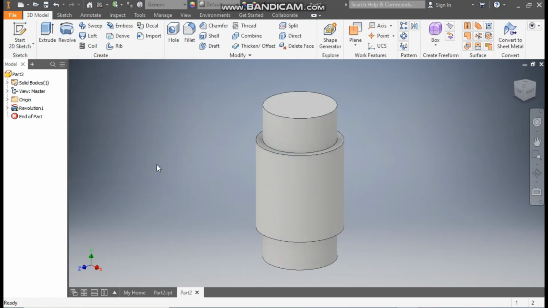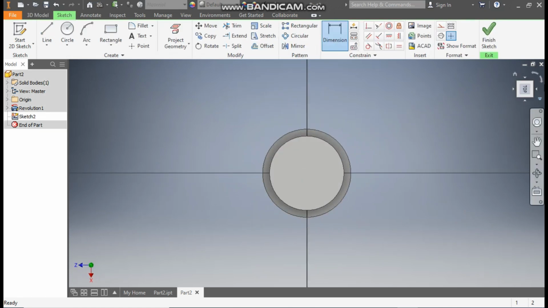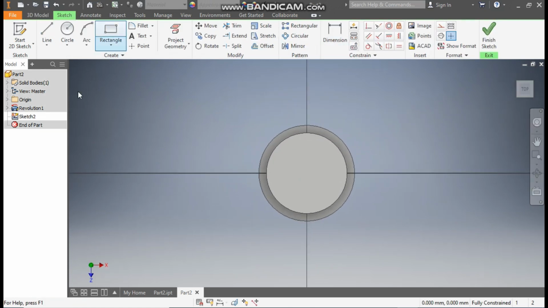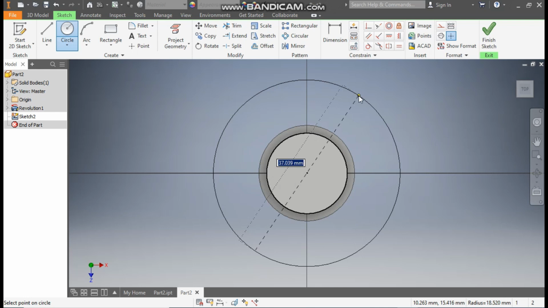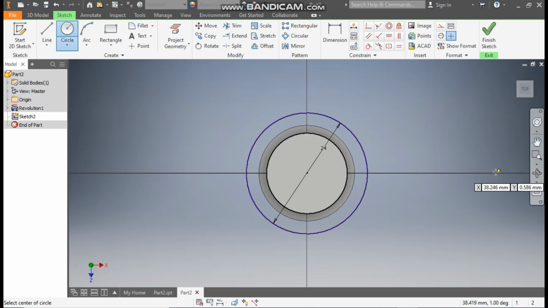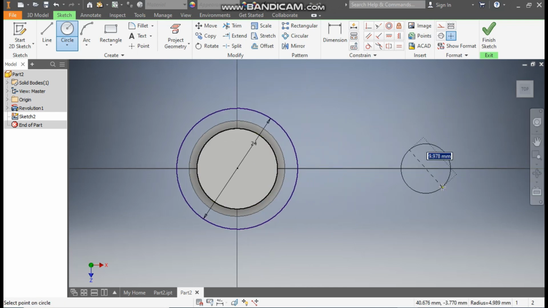Now press OK. Now select this top face, go to create sketch, rotate the view, take here circle command and from the center point make a circle here of diameter 24, make one circle here of diameter 10,